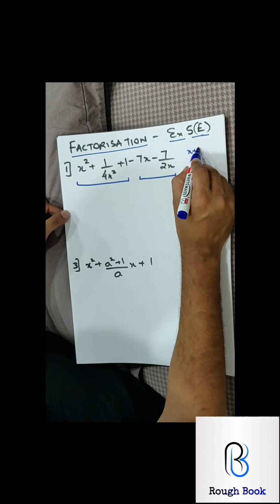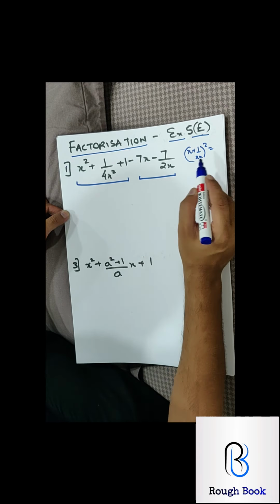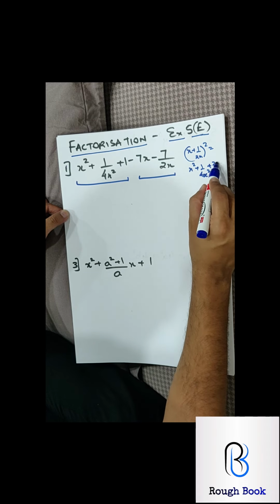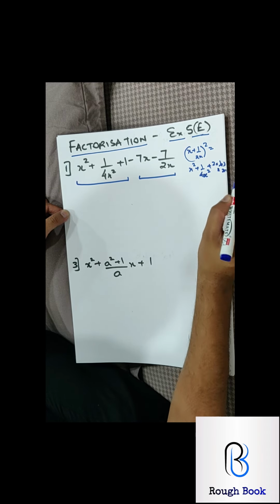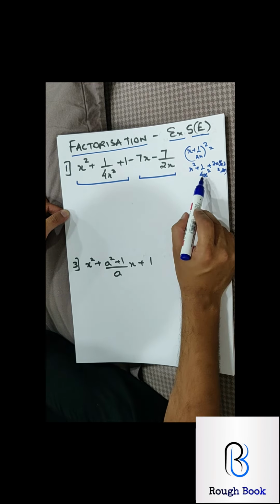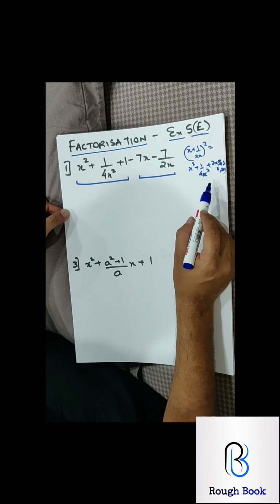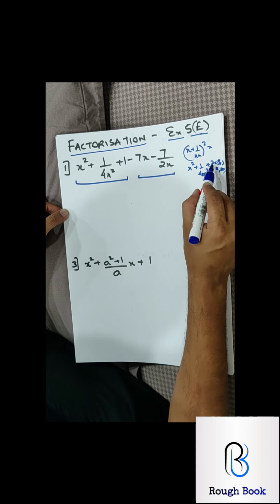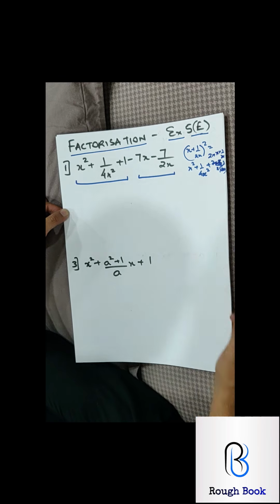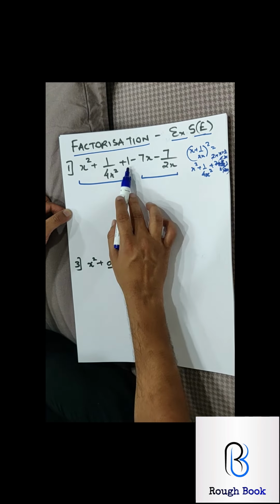Let's say if I take x plus 1 by 2x, that is the square root of these two, the whole square. What will I get? a square, b square, 2 times ab. So when I apply 2 times ab, 2 gets cancelled and the x also gets cancelled. So I just get 1 over here. So basically when I expand this part, it is going to be a square, b square plus 2 times a into b. So this gets cancelled, and this is 2 over here, so that also gets cancelled. So only 1 is left, that's why this 1.